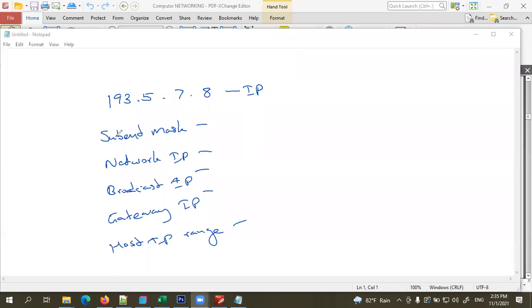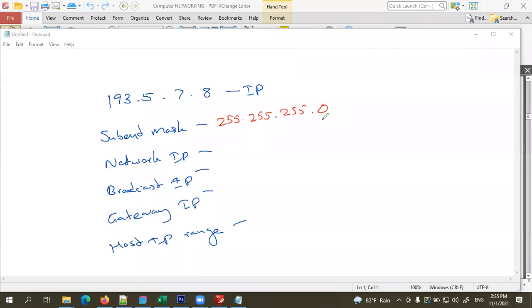Okay, children, what should be the subnet mask? Here the first number is 193, so this is a class C IP address. Then the subnet mask should be 255.255.255.0.